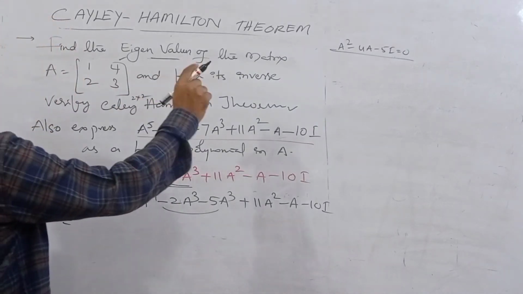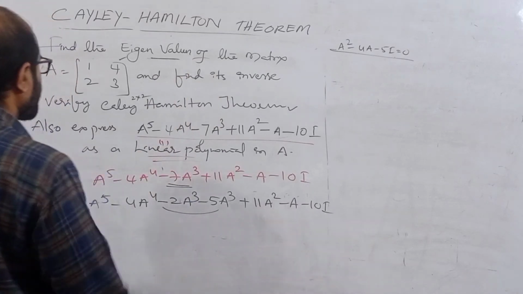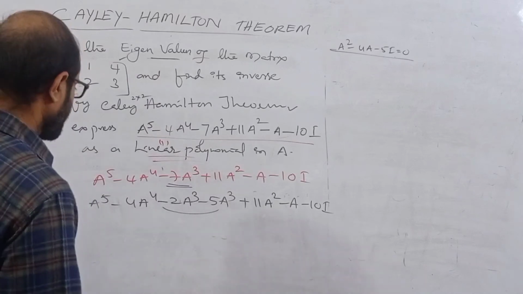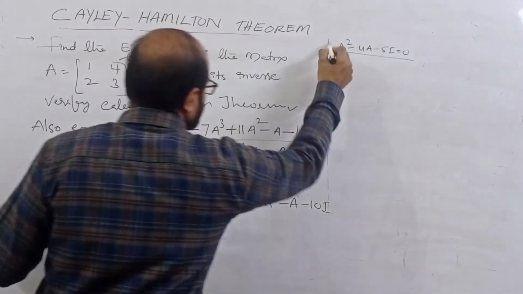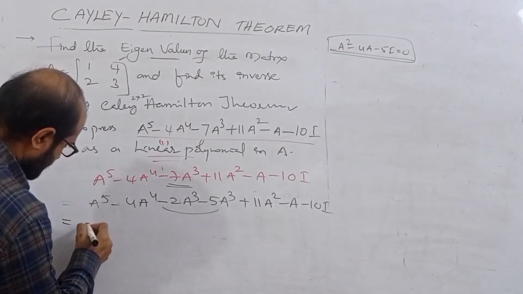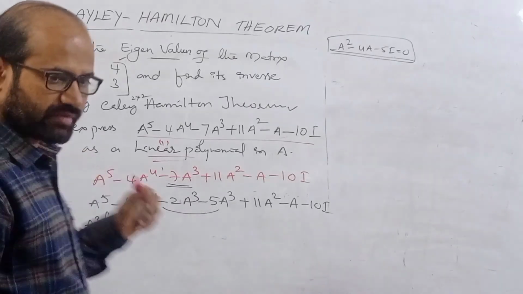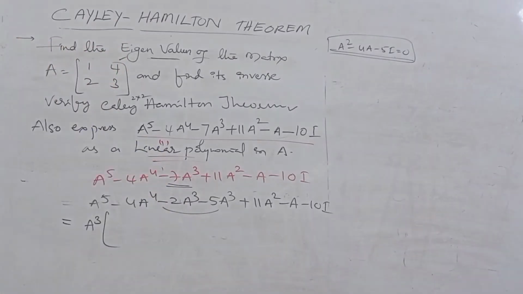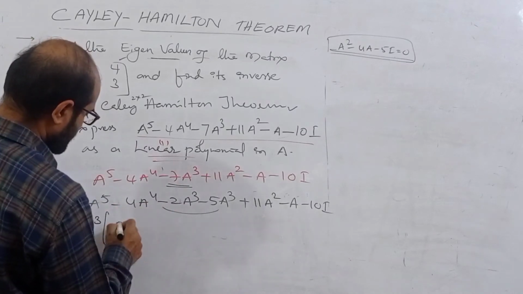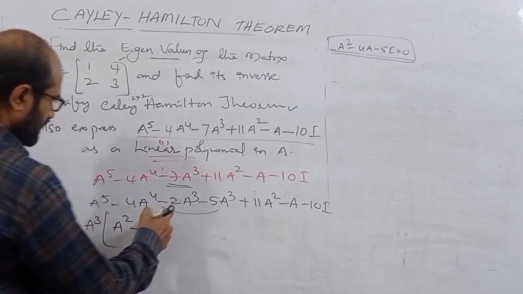Characteristic equation: lambda square minus 4 lambda plus 5, that is, A square minus 4A plus 5I equals 0. I want to utilize this characteristic equation in this expression. Let us see. I will take A cube common. If I take A cube common from this, what will you get? A square minus 4A,